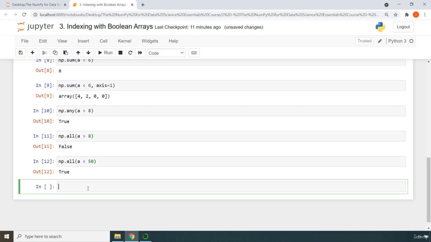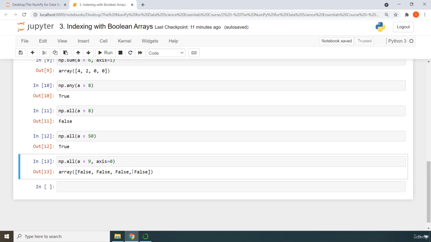We could provide a specific axis again for the all method as well. So just check for the columns which are less than 9. I'm going to say A less than 9, and I'm going to provide axis 0. We are going to get false, false, false, and false. Which columns are actually less than 9? It is weird because in my lectures, okay, that's fine. Let's just go ahead and check that out. So if I print out A,